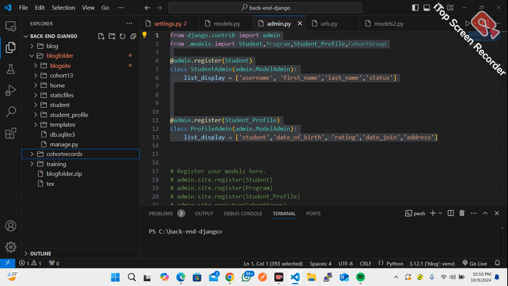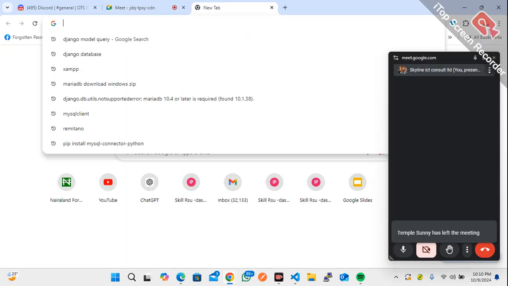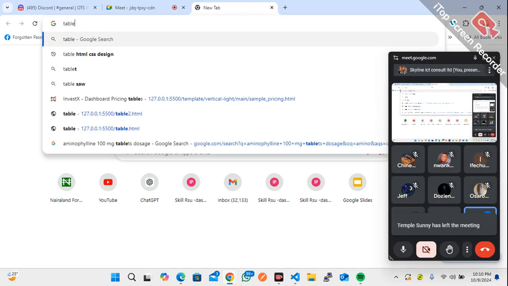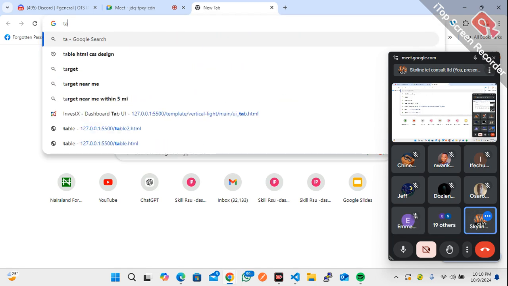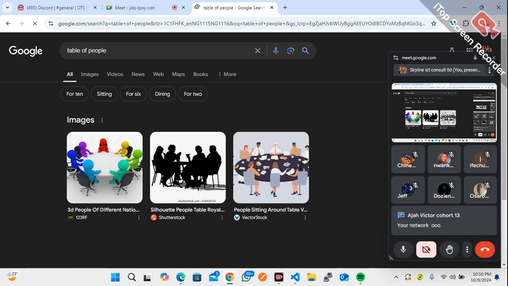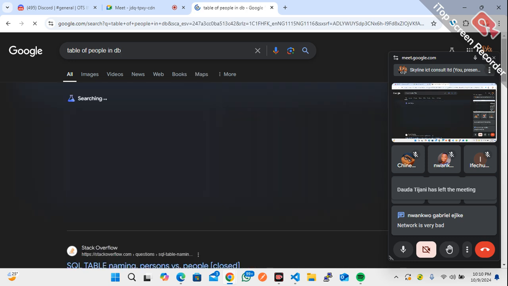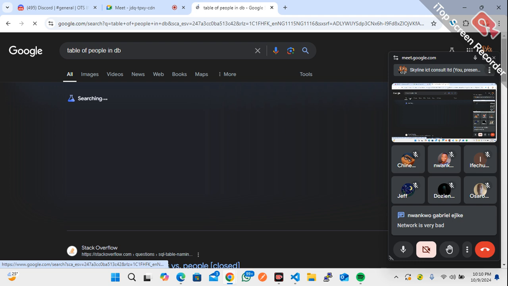Let's say we have a table of people. So you probably have a table of people in the DB. I think I can have a picture similar to what